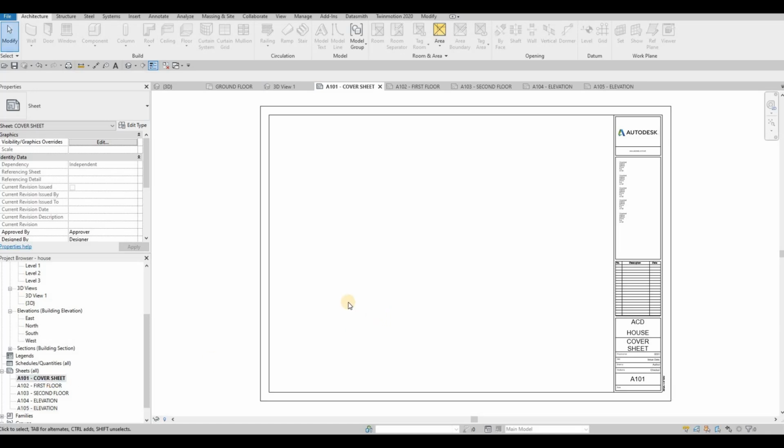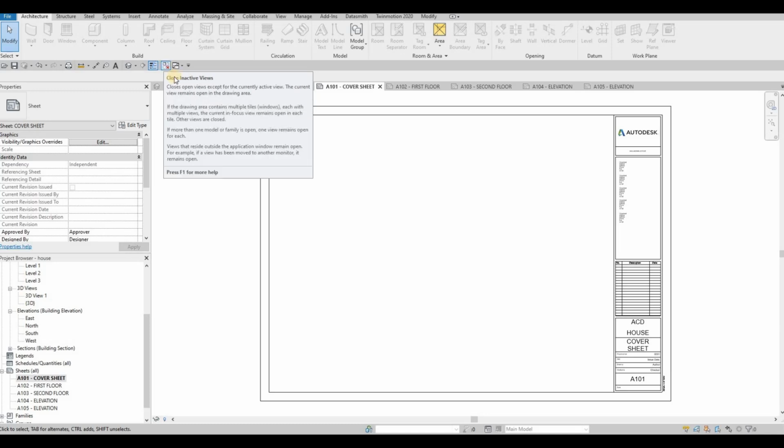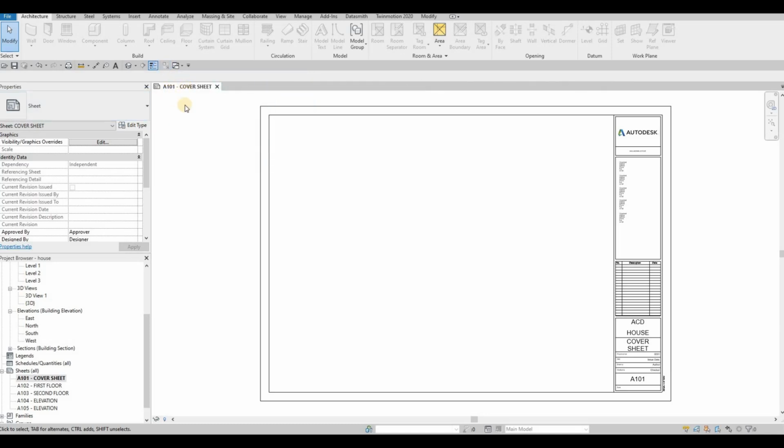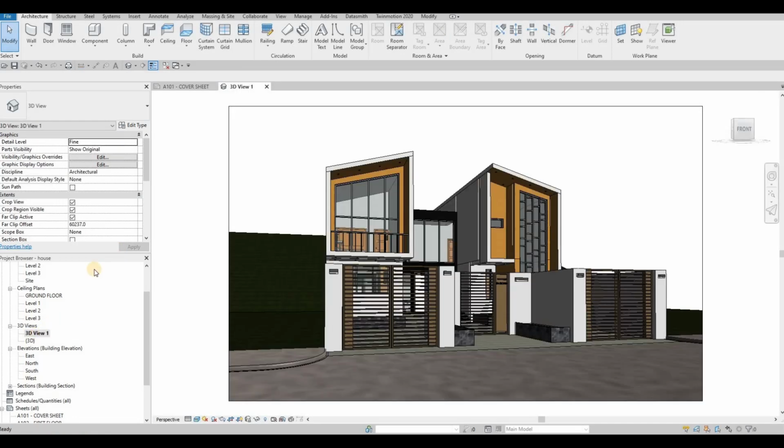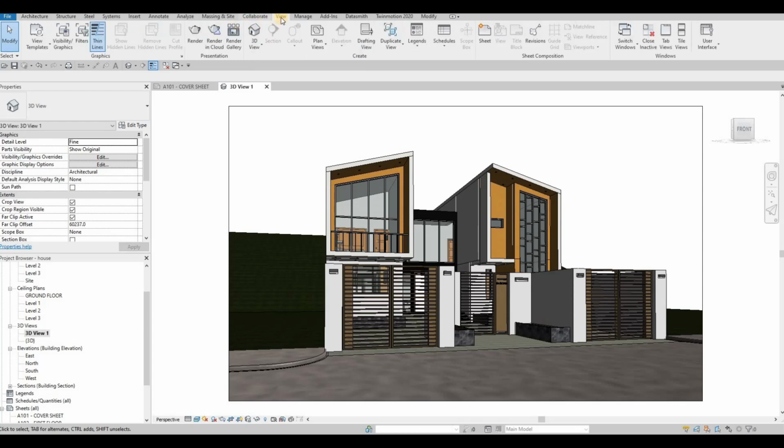Let's double click on cover sheet, and we wanna clean this up. So we're just gonna close this, close inactive views, and only the one that we have is open. And then what we can do is go to our 3D view, the one that we just created, and this is the one we're gonna use for our rendering. So go to view, click on render,